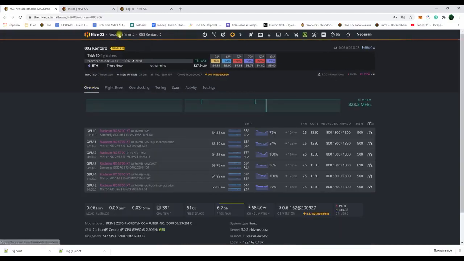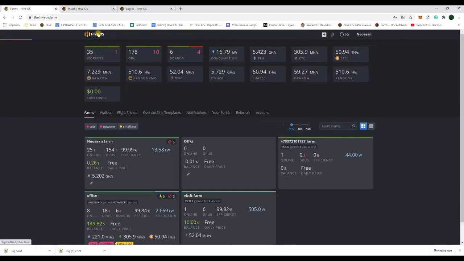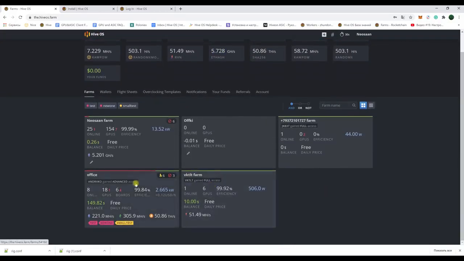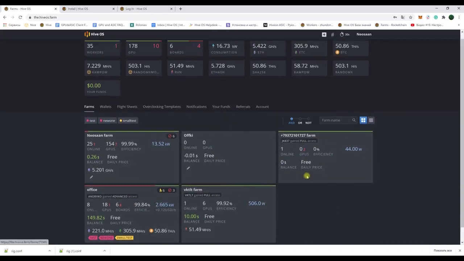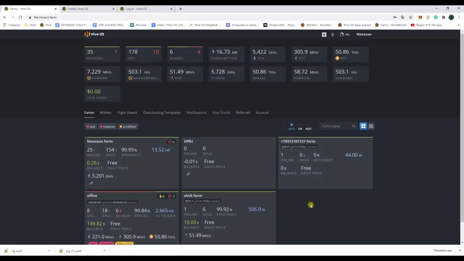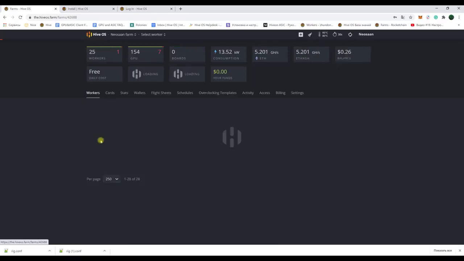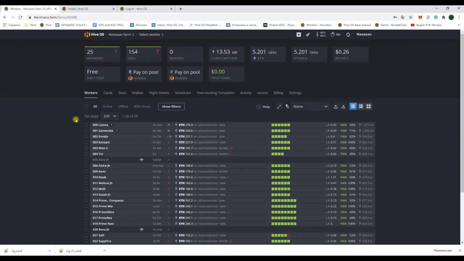I want to note that the Hive OS functionality is constantly being updated, modernized, and filled with new and useful tools, helping you save your time as much as possible to manage both a small number of mining devices and huge farms on an industrial scale for tens or even hundreds of thousands of workers. And the stability of the software, coupled with reliability, protection against hacking and viruses, the presence of constant technical support from our side, allows you to earn much more, spending less effort and less